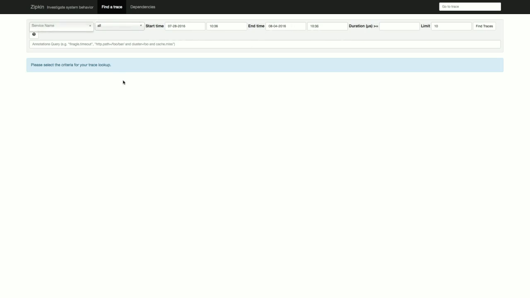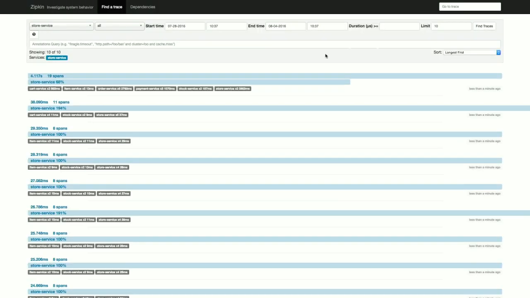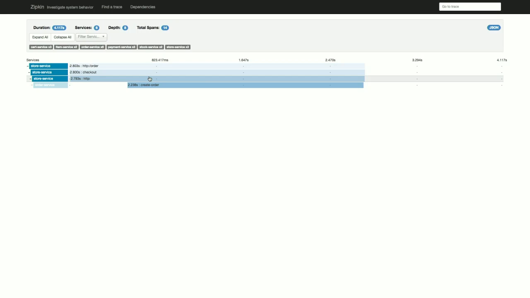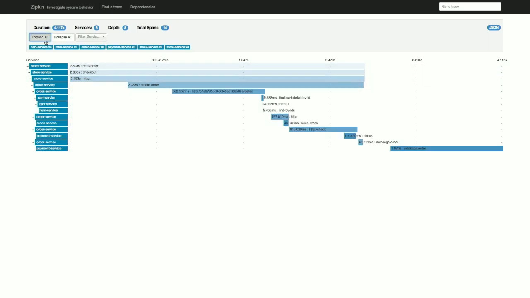And find them in Zipkin. Store service. Store service is the front, like a BFF. Find traces. You can find the bottleneck, or some response time bottlenecks, from this chart.